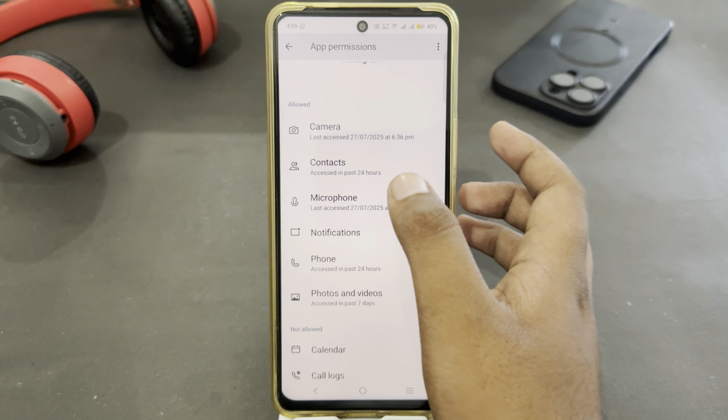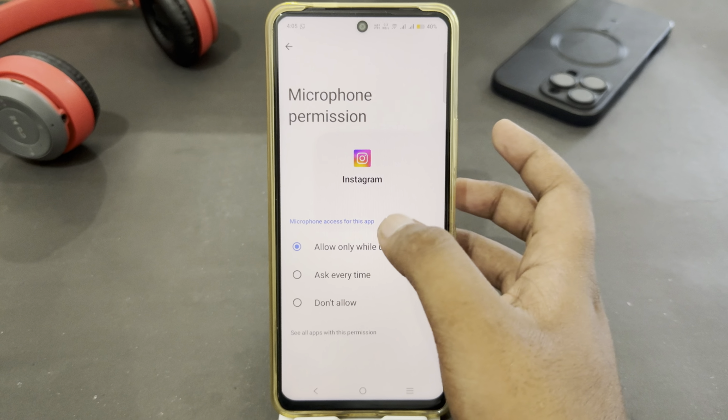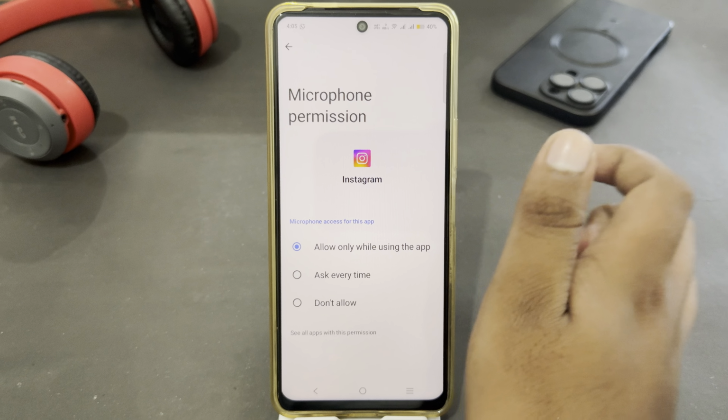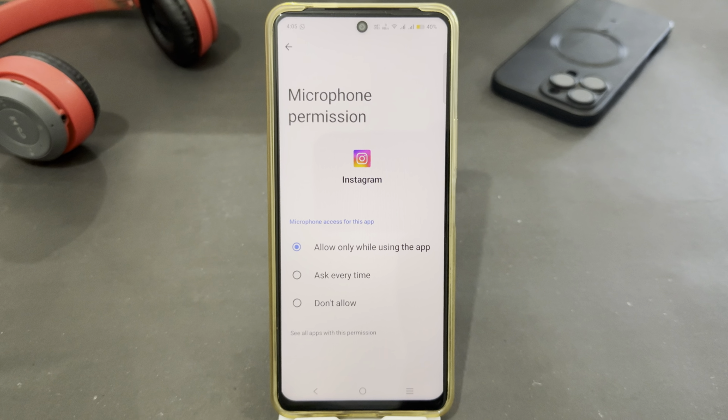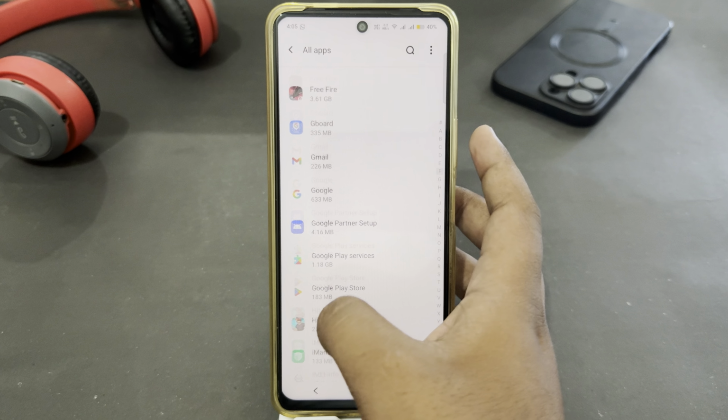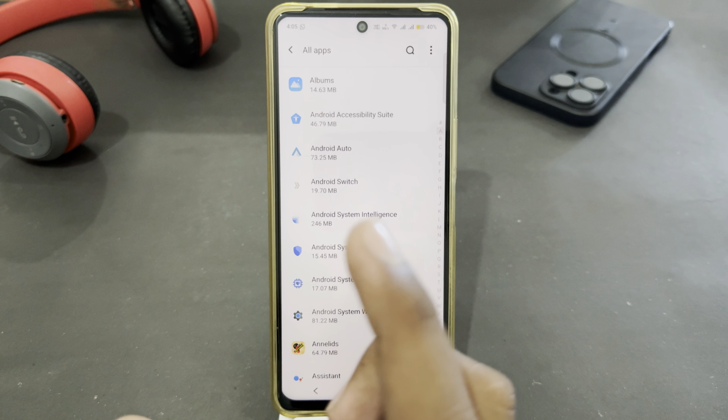As I'm going to select microphone, just tap on it and here you can easily allow or don't allow the app to access your microphone. So that's how you can easily manage permissions of every app on your Vivo